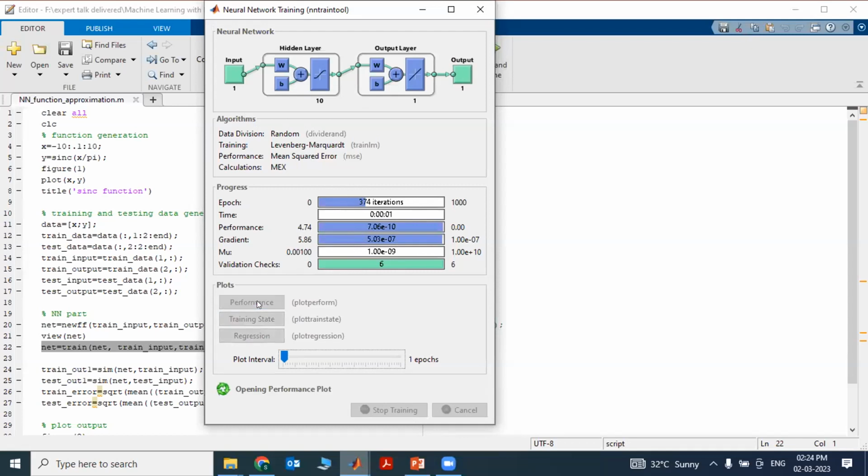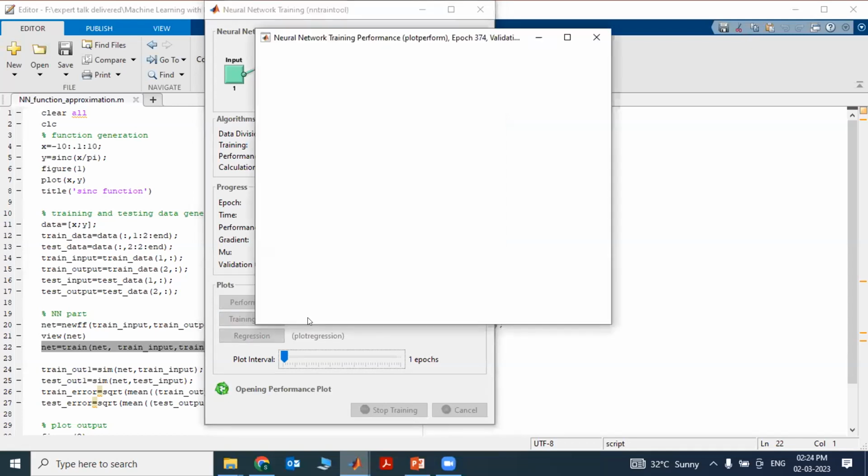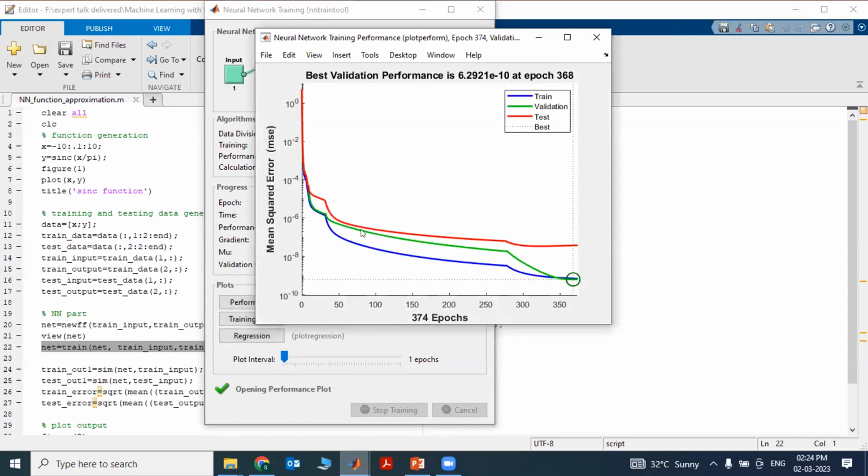Also, you can see the performance by clicking the performance graph. This is what the default train command does: it automatically divides the overall data into training data, validation data, and testing data.